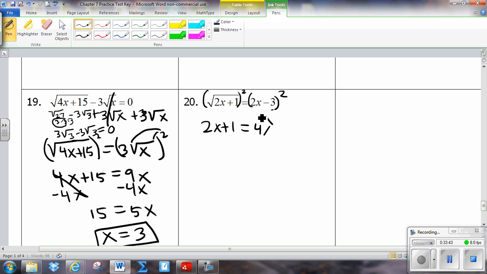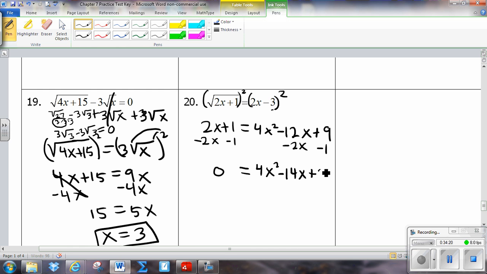4x. Whoa, that was weird. Again. Alright, so we get a 4x squared. That's going to be a negative 12x, and positive 9. Okay, so we need one side to be a 0, so I'm going to subtract 2x and subtract a 1. So minus 2x and minus a 1 equals 0. So we get a 4x squared minus a 14x